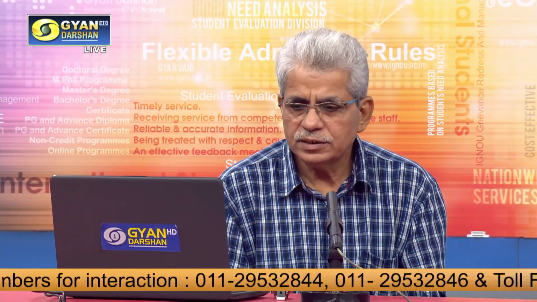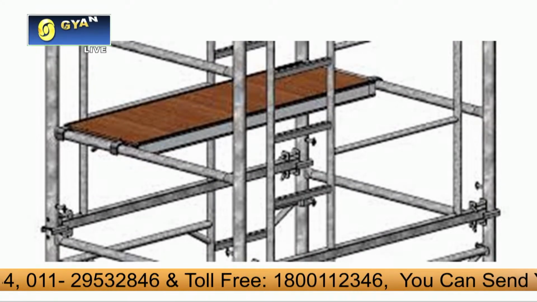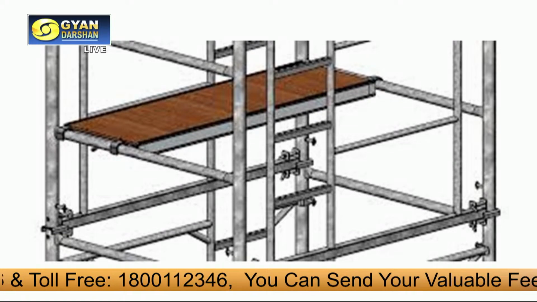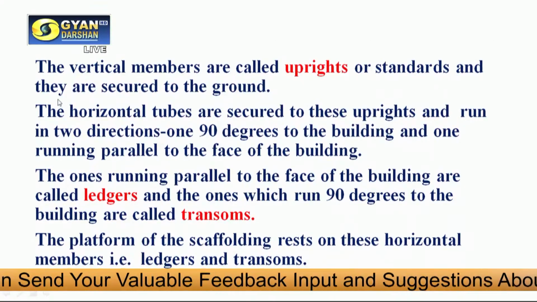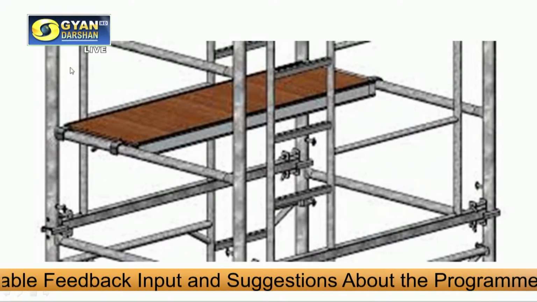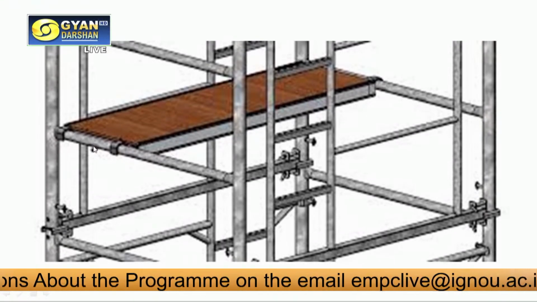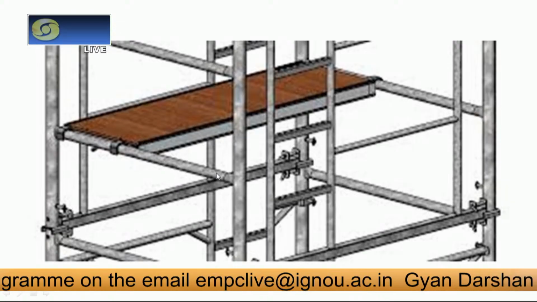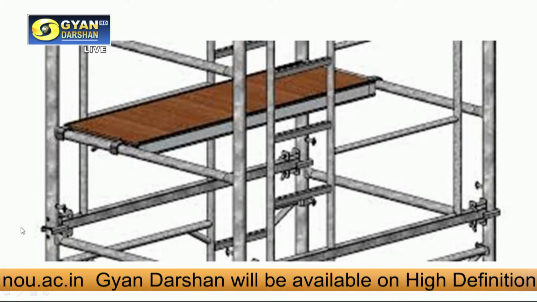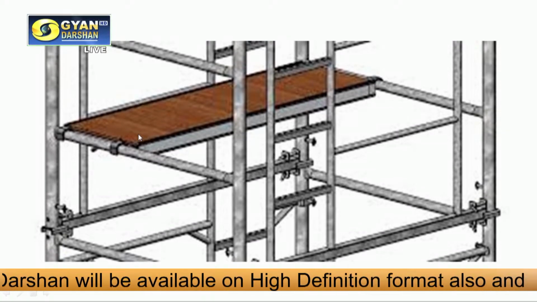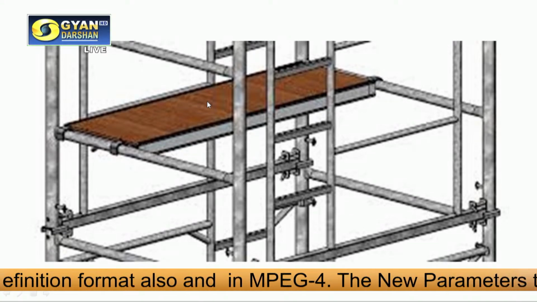So these are connected there. Here you can see this picture of this independent or double pole scaffold. Here you see the two lines or the two rows of the uprights. This is one, another one, this one, this upright, this upright, and this is the transom, and these are the ledgers. This is ledger, this is ledger, this is transom. These are transoms in horizontal direction, basically. At the end you see this is the platform. So this is the independent or the double pole scaffold, basically.